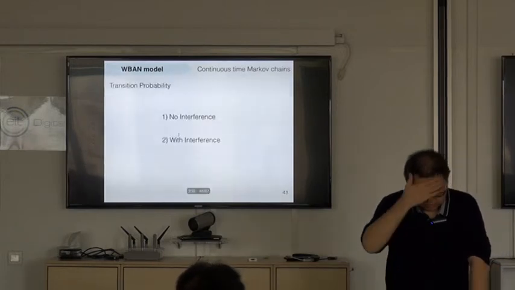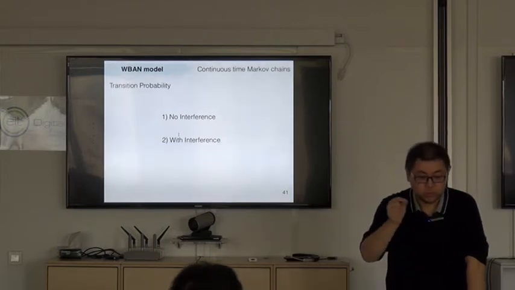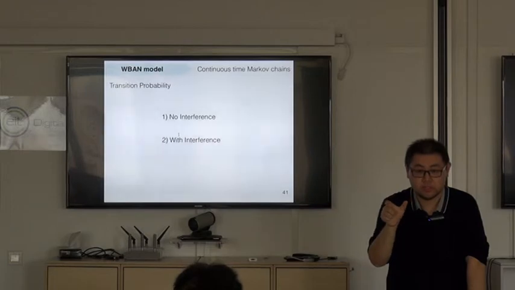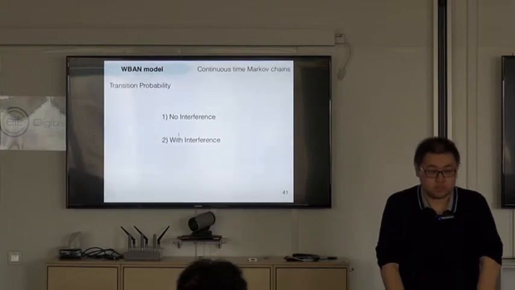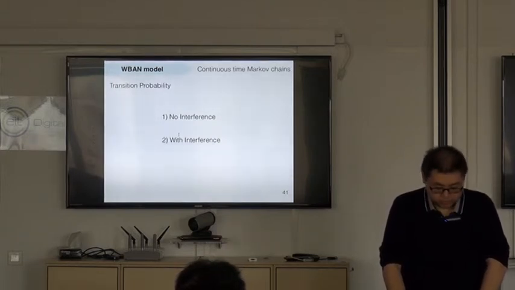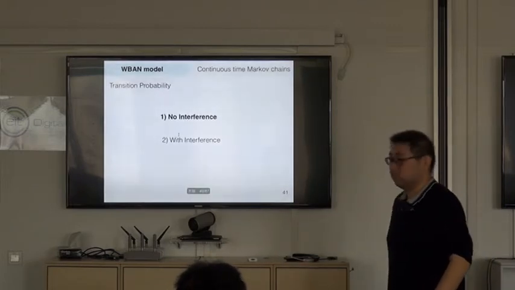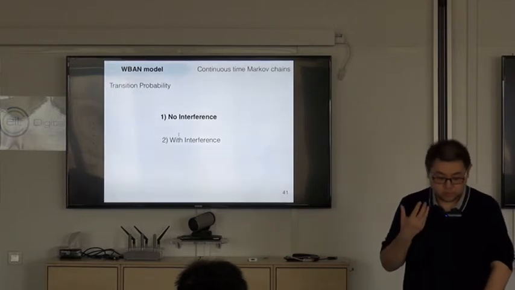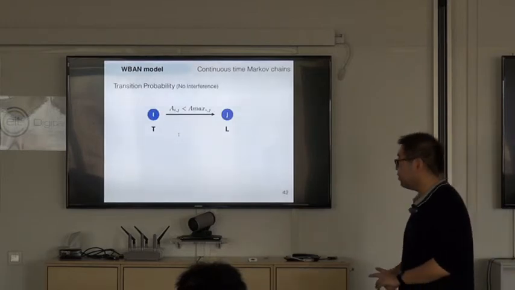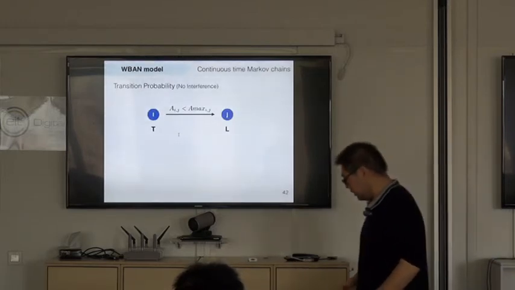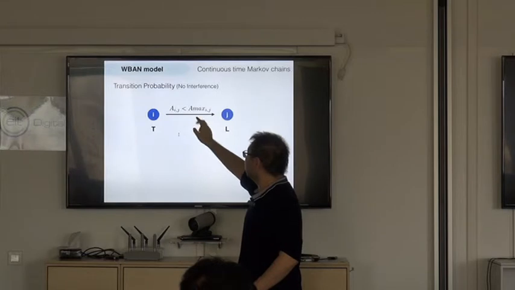So from here we have all the possible system states and all the transitions. So we know how the system state changes from one to another. The rest of the work is how to compute these transition probabilities. So we begin from a very easy case. That means we consider that there's no interference in this system. So if there's no interference, as we know, the connection existing probability is determined